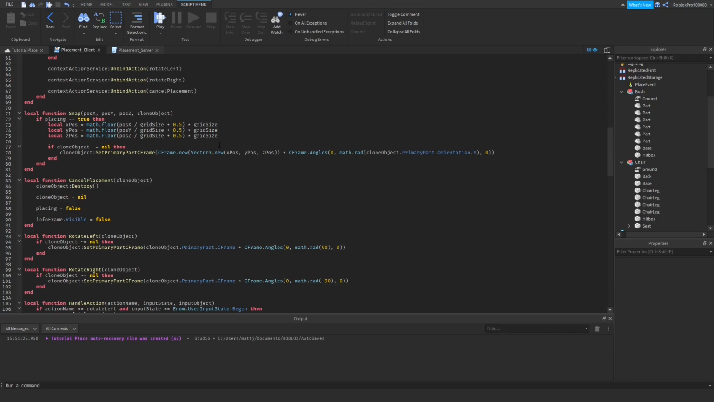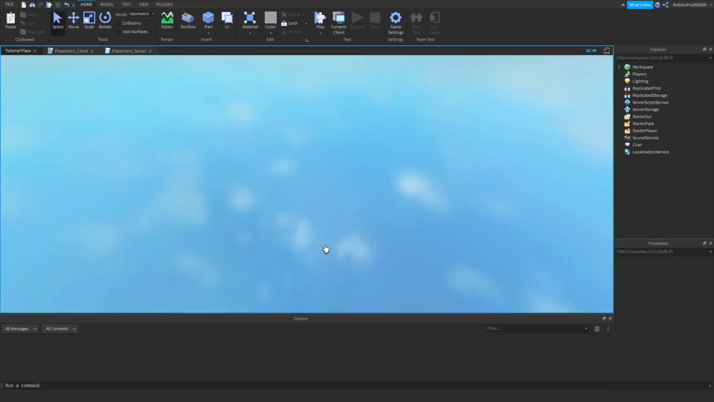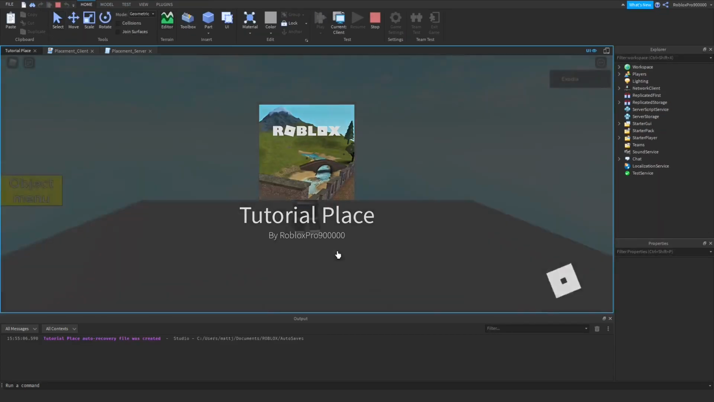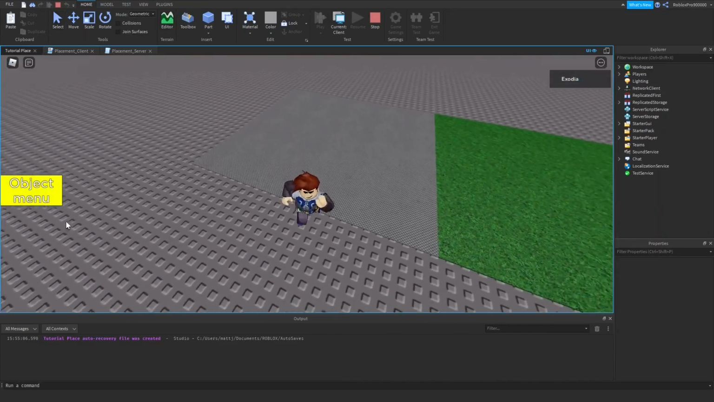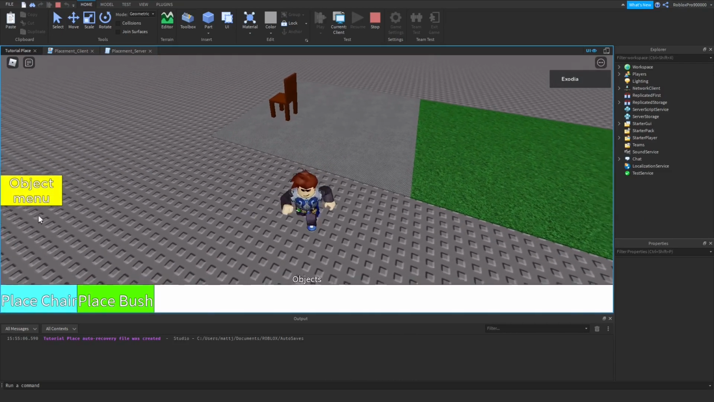And I don't know if I showed this, not demonstrated, on a video, but in our snap, we're going to want to surround all of our code by an if statement, checking if placing equals true. Then I noticed that when I was getting errors with placing objects and not having the primary part or anything, this seemed to fix it. And so then we'll just test to make sure that our script is working just fine. So we place the chair,